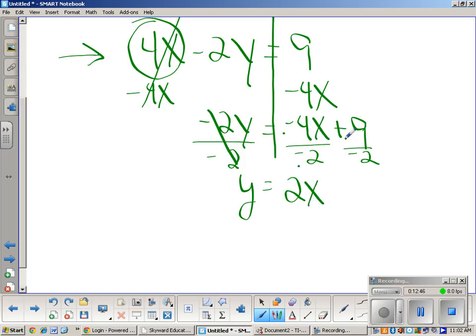And a positive divided by a negative gives me a negative. I'm going to just leave it as negative 9 over 2. Sometimes those will reduce. It'd be 4.5. Sometimes you'll see it in the decimal form. I don't normally see it in a mixed number form, but we can graph that because this is really